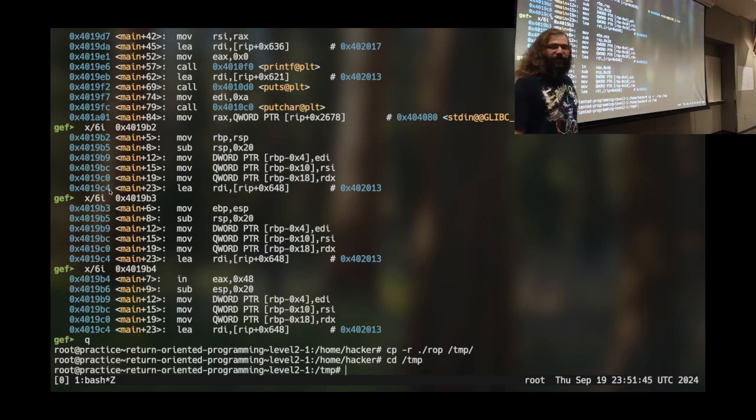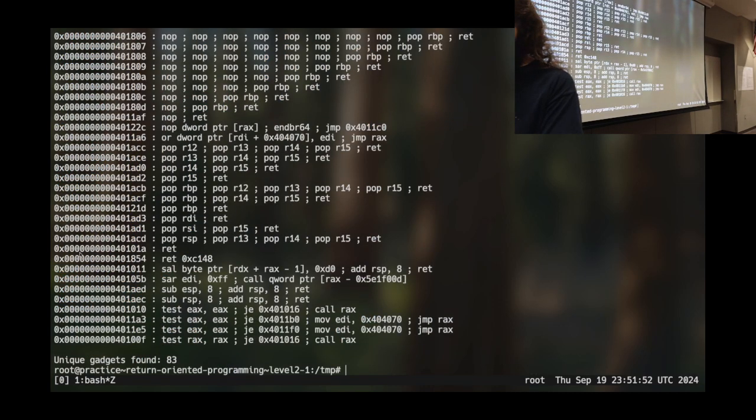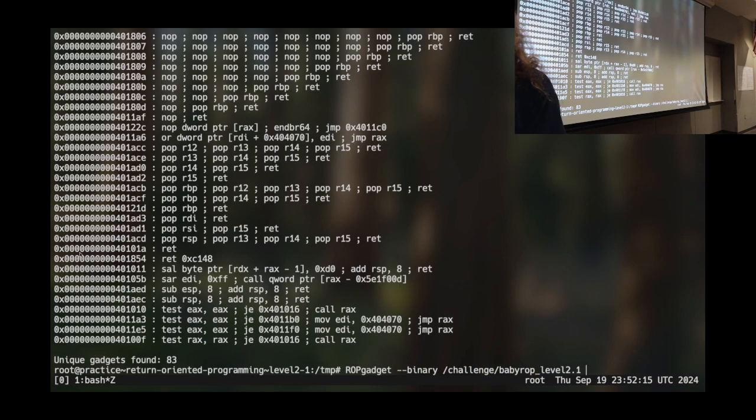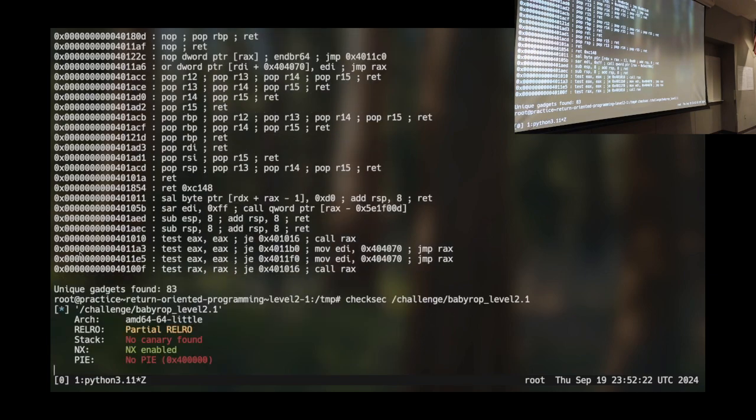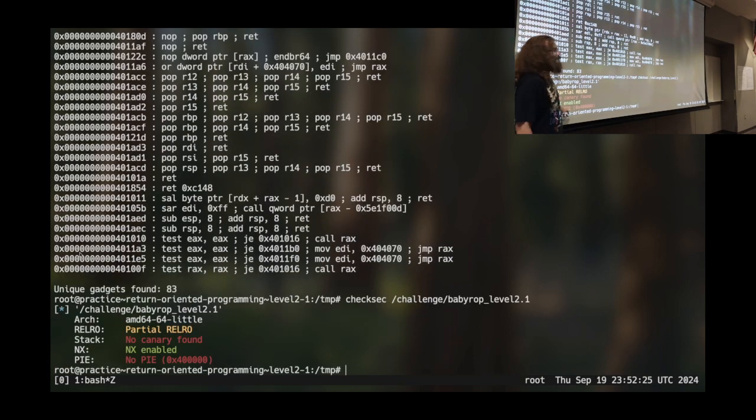In the ROP gadget output, on the left-hand side, that was the address of the gadget? Yes, on the left-hand side, this right here. And that is the address of all those instructions. This is a bit of a trap. This is why that whole PIE ASLR rant that I had that ate up part of the day matters. So I'm doing this on challenge baby ROP. If I checksec challenge baby ROP, we'll see this particular binary has no PIE.